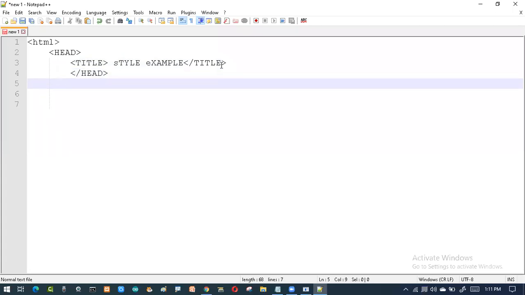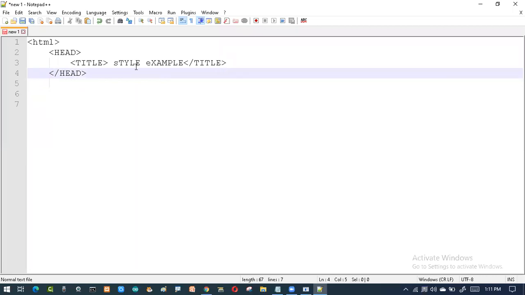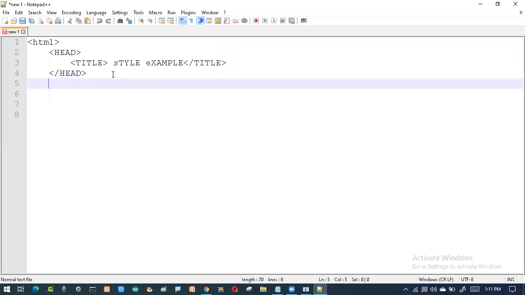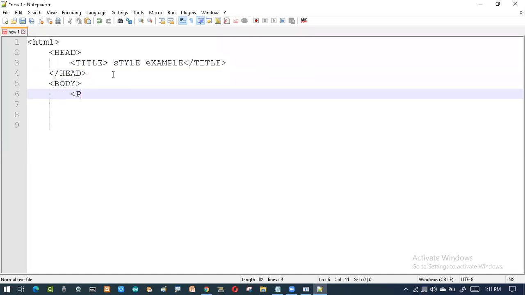Then starting of my body tag. Here I will say paragraph, then style equal to background-color, then hash and any color that you like, then specify the color and some text.